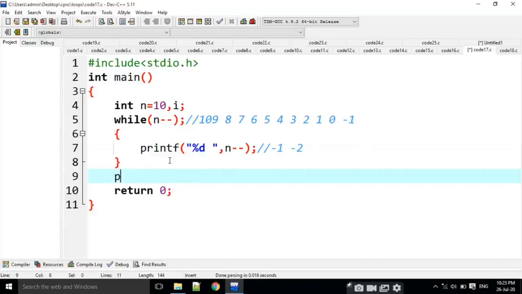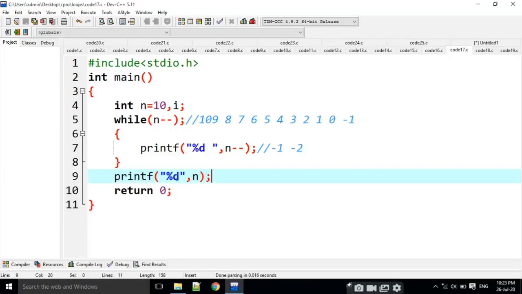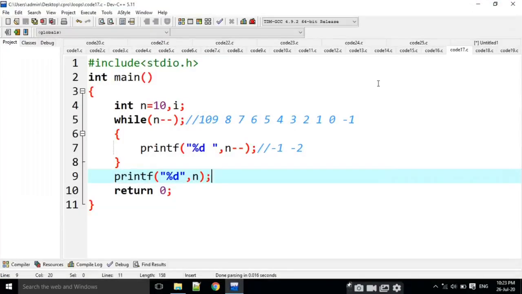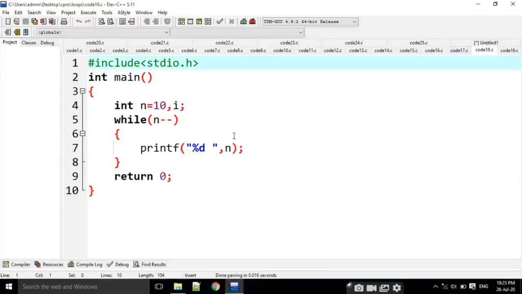If I am going to print here %d of n, what is the actual value after this one? N value is -2.